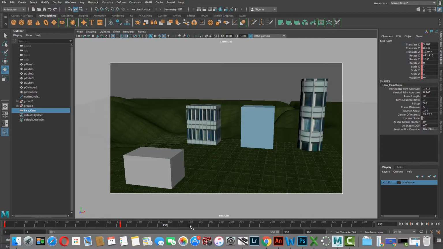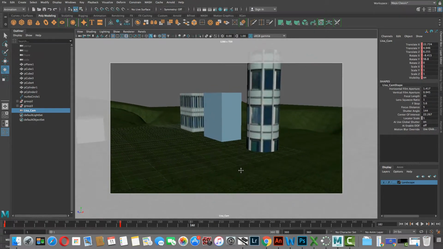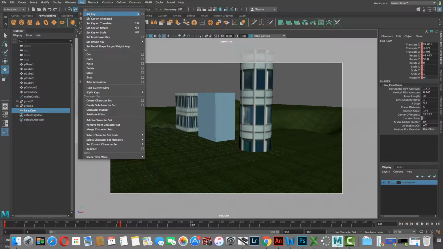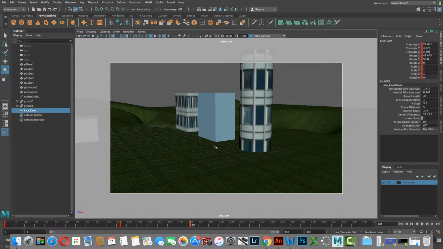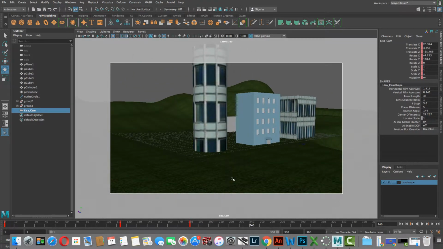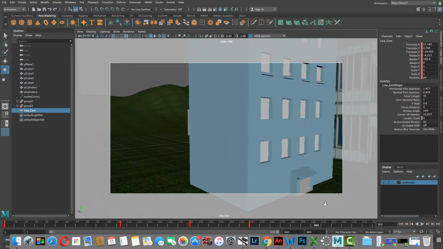So the key is just pick a new frame on the timeline, change what your camera is seeing, and then come up to key and hit set key. Or once you've done the first keyframe, you can start using S as a keyboard shortcut. Pick a new frame, change what I'm seeing, hit S to make my new keyframe, pick a new frame, change what I'm seeing,